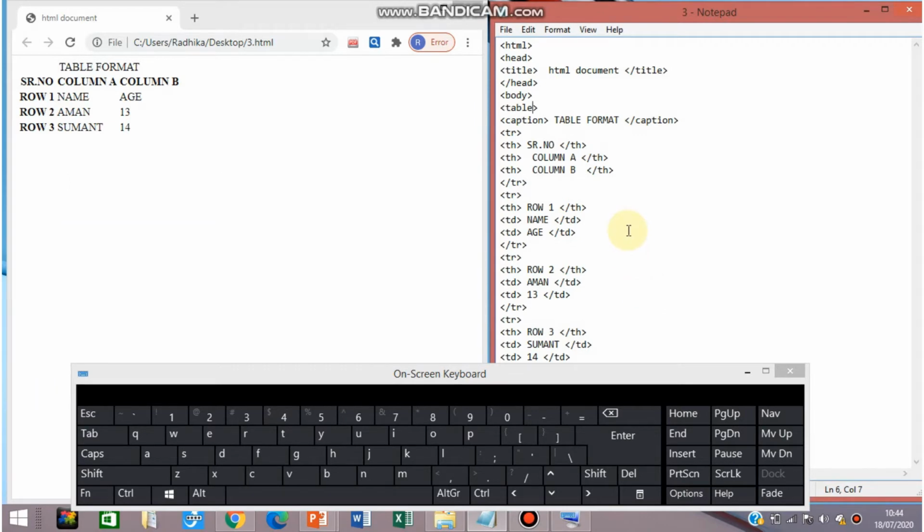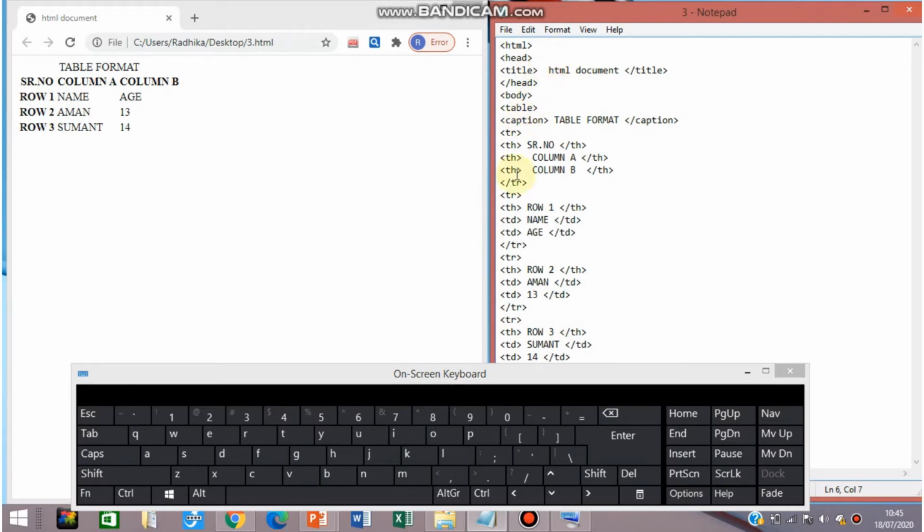So now we are going to see how to add the attributes to the table tag. First, in the last class we have seen how to write the code for the basic table. We have written the code for this table using the 5 basic tags of the table. If you have not watched that video, please first go and watch that video and then come back to this class, because you will not understand what I am going to do. So first it is compulsory to watch the first video.